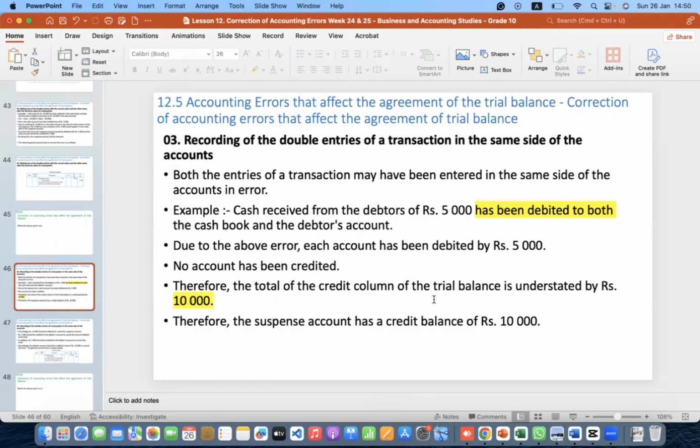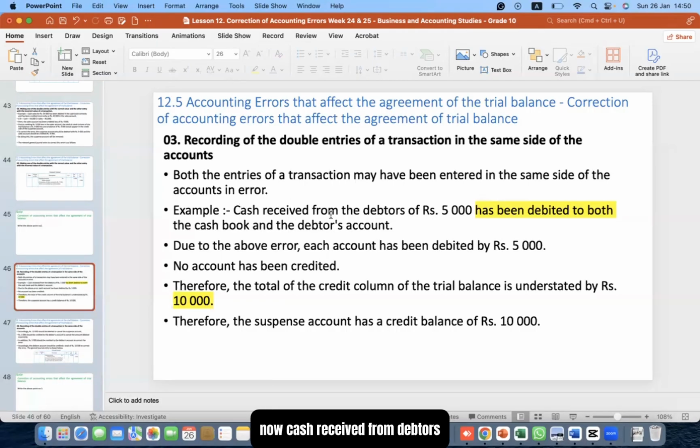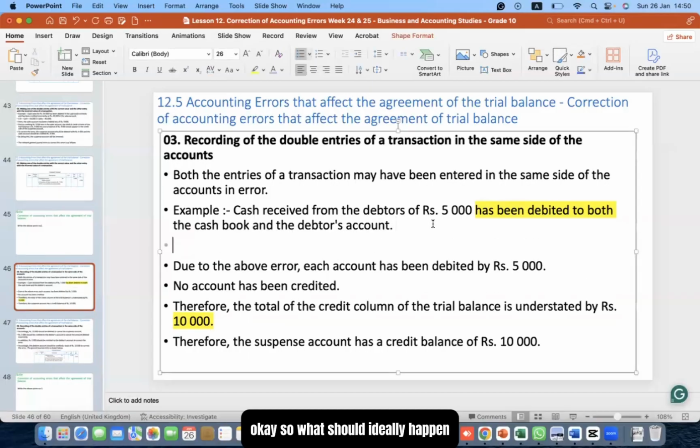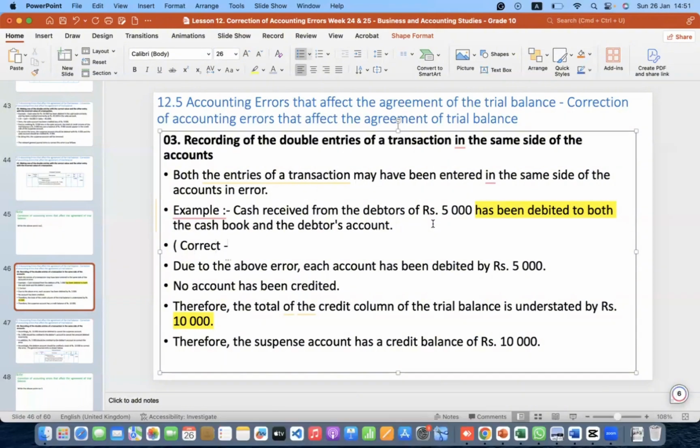Did you understand this? Let me explain. What has happened here is cash received from debtors rupees 5,000 has been debited to both the cash book and debtor account. So what should ideally happen? The original, correct scenario is